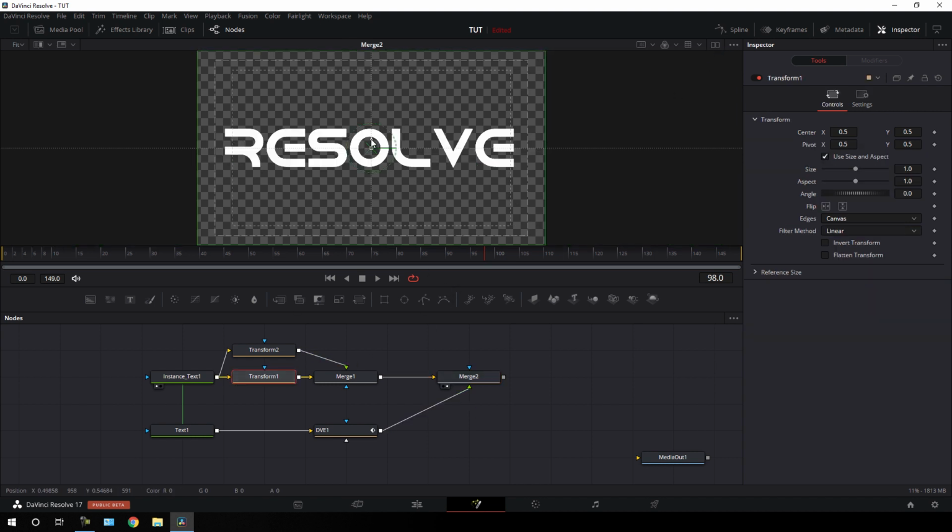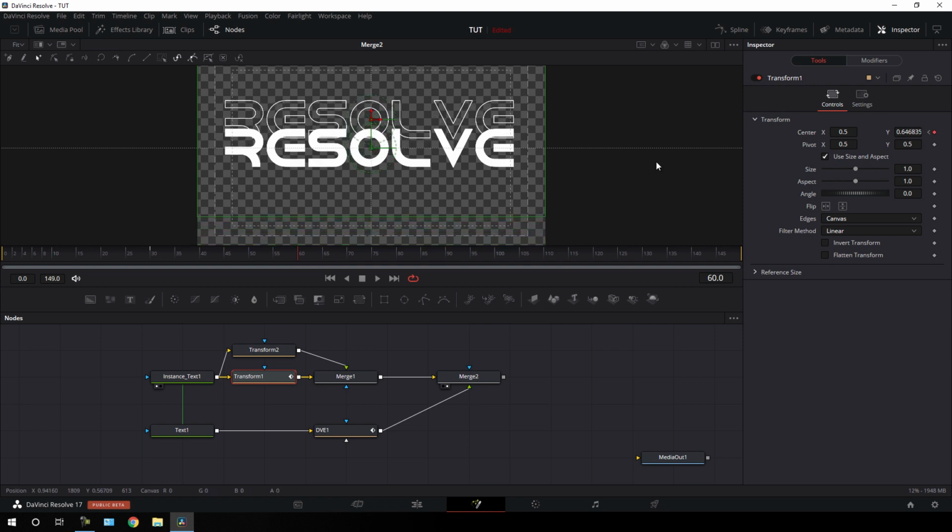And after that we have to animate this stroke text. Just go to frame number 30, select this transform 1, go to center in this inspector window, right click on center, click on animate, or you can also click on this diamond button. Go to frame number 60, drag it up just like this, and let's put this value in a round figure. So I'm going to set this 0.65 and go to frame number 90, lock this position as it is. So click on this diamond button to create a keyframe on this center parameter.